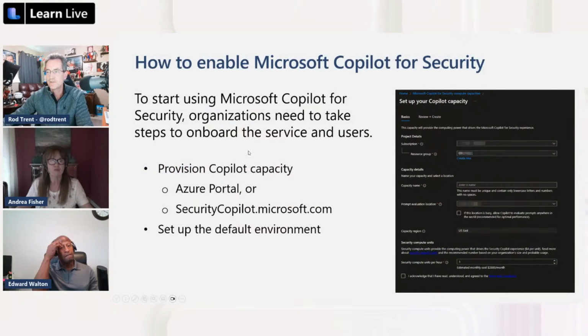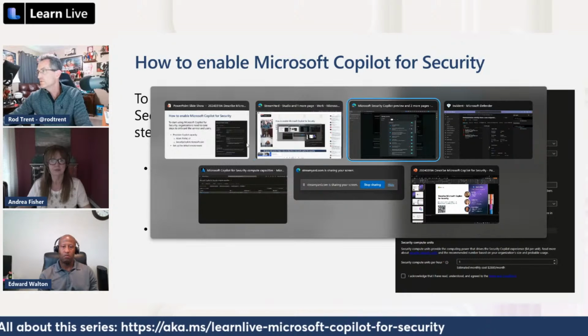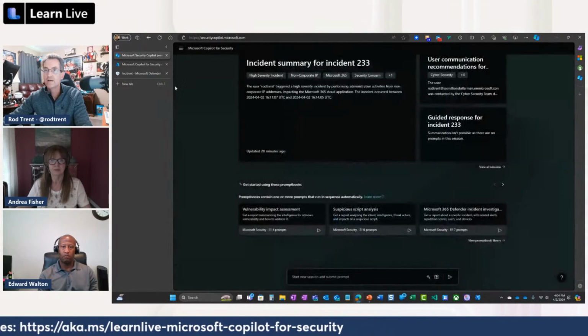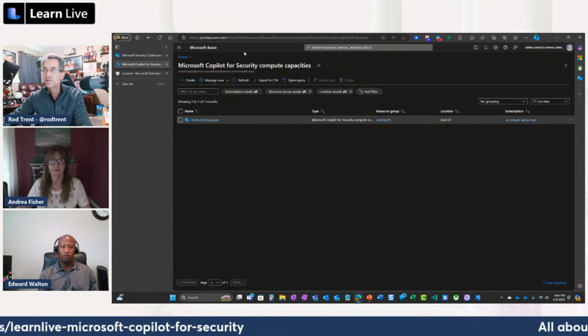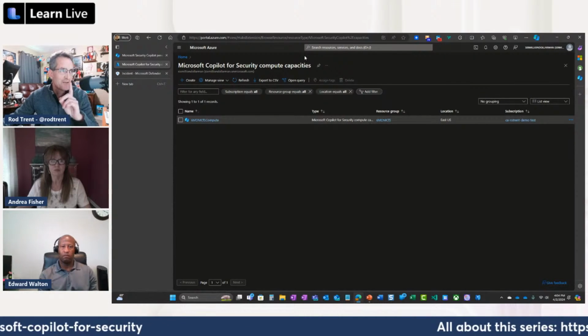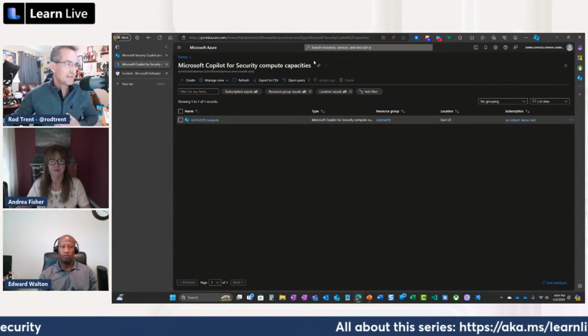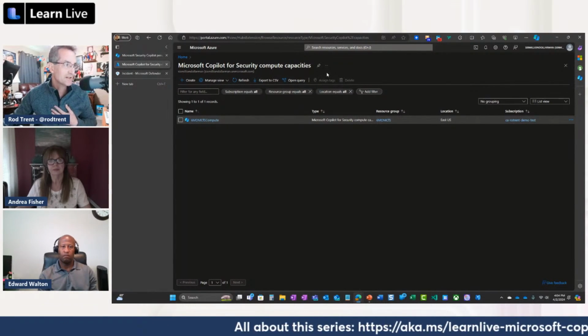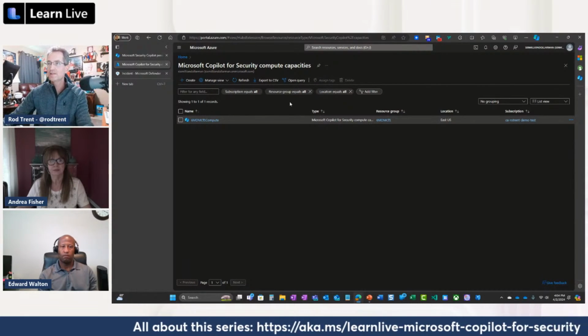There are actually a couple of different places that you can provision an SCU, or multiple SCUs, as the case may be. The Azure portal, or if you just go to securitycopilot.microsoft.com, it will walk you through a wizard. I'm going to jump into my console right now and go into Azure. That's where there's a tip. I might have to write up a blog post about why I prefer to use the Azure console for it. But we can't talk about that now.